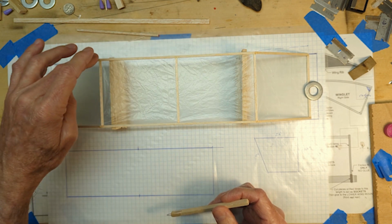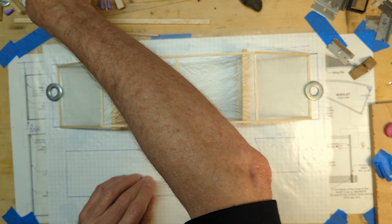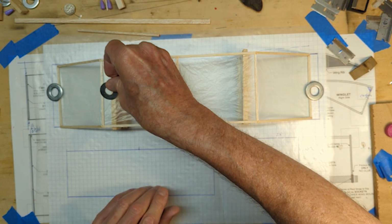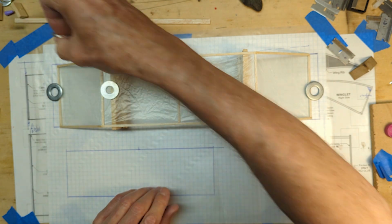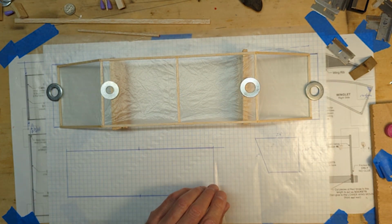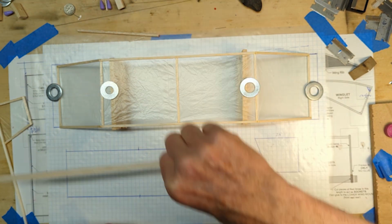We'll make sure that the wing is down, we will just put a little weight here to make sure that the wing is down on the support, so that we end up with a nice square wing. All right, next we're gonna create our fuselage,